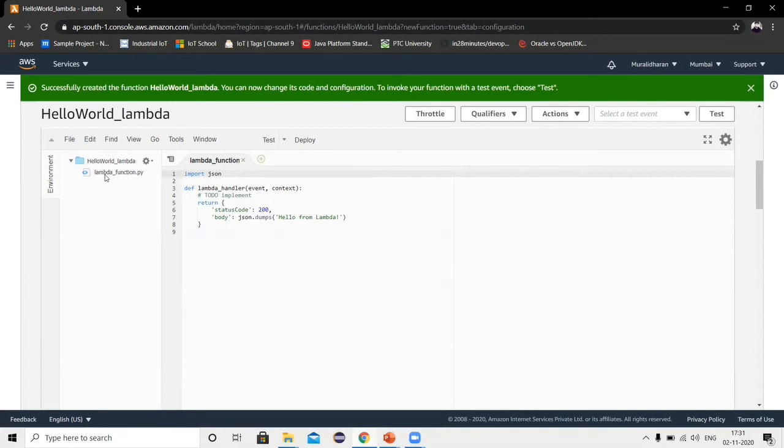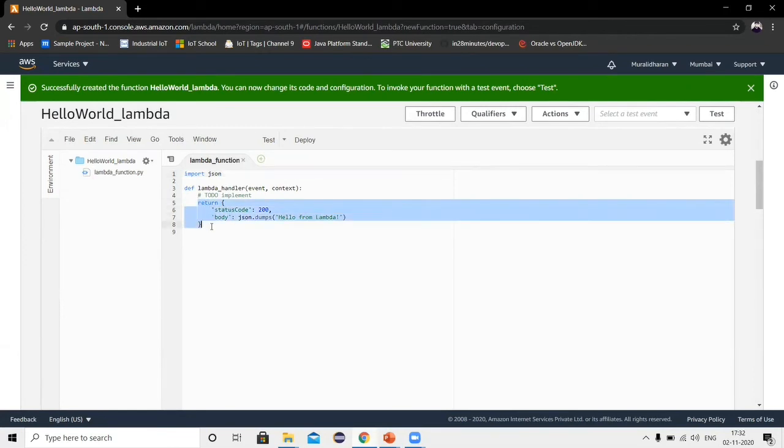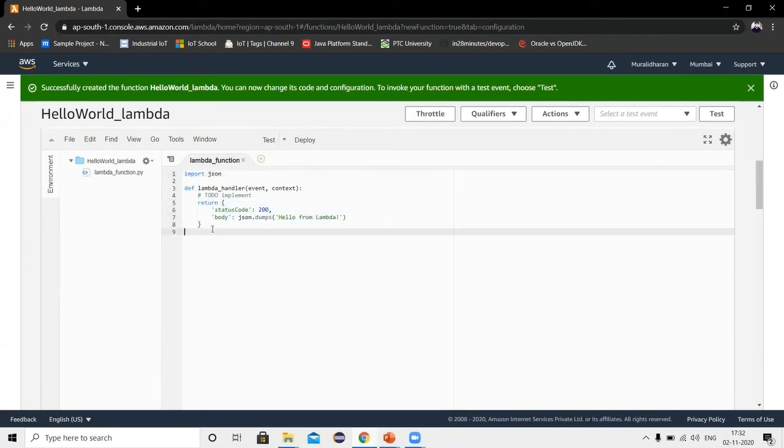Lambda has created lambda underscore function dot py. In the file I have Python code. Here I am using import json. Why am I importing JSON? Because the data is going to be written in JSON format.